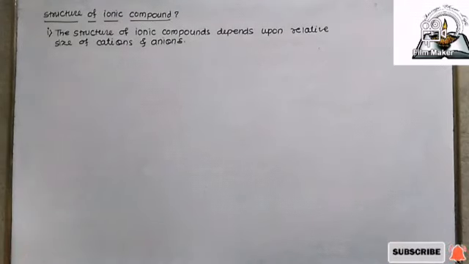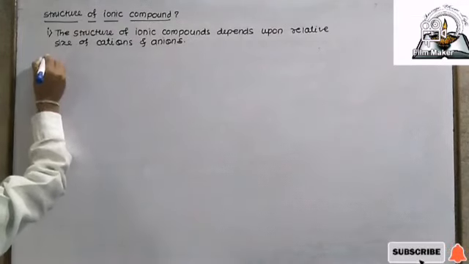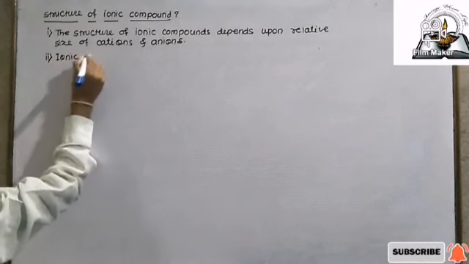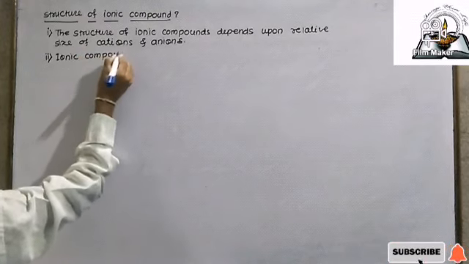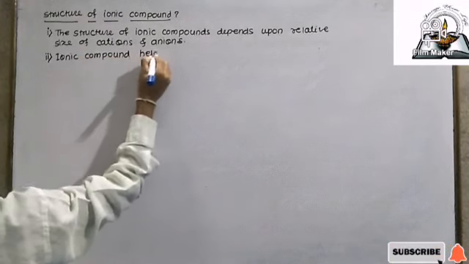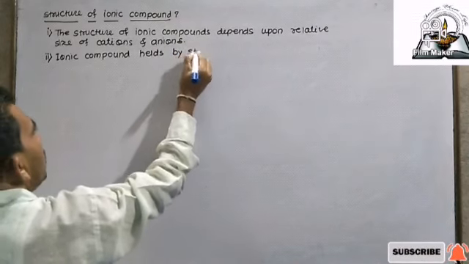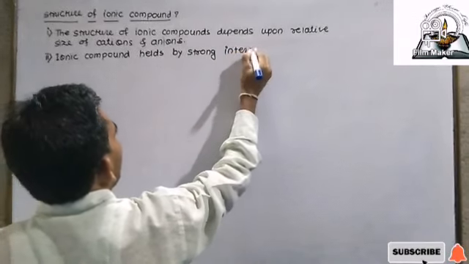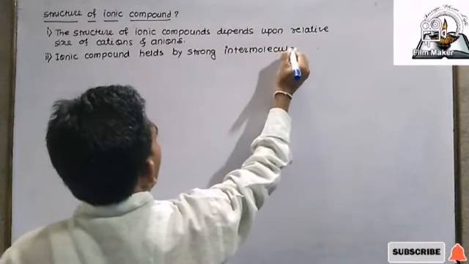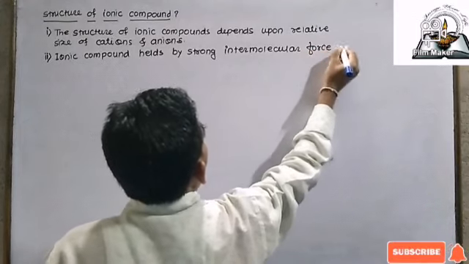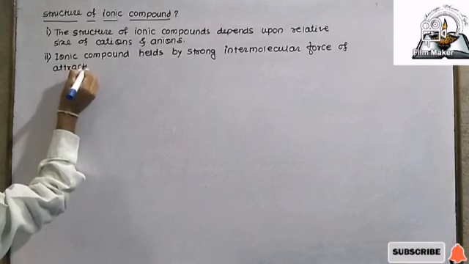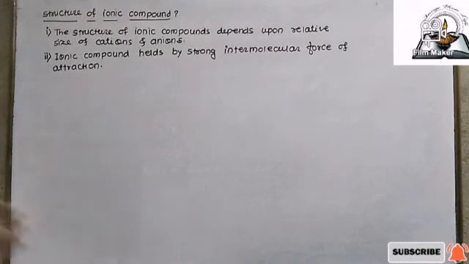आयनिक कंपाउंड में भी सॉल्ट, ऑक्साइड और मे बी हाइड्रोक्साइड एंड सल्फाइड्स आल्सो. नेक्स्ट वन, आयनिक कंपाउंड इज फॉर्म by ionic compound held by strong intermolecular force of attraction, intermolecular force of attraction. तर हे जे आयनिक कंपाऊंड्स आहे यामध्ये स्ट्रॉंग इंटरमॉलिक्युलर फोर्स ऑफ अट्रॅक्शन असतो आणि ते मीन्स इट इज